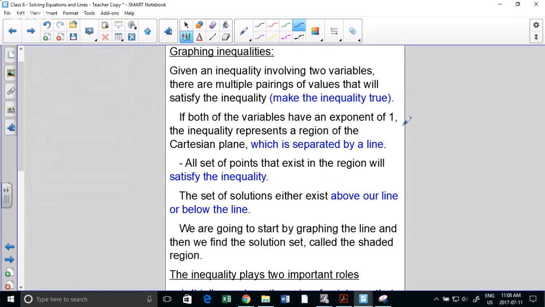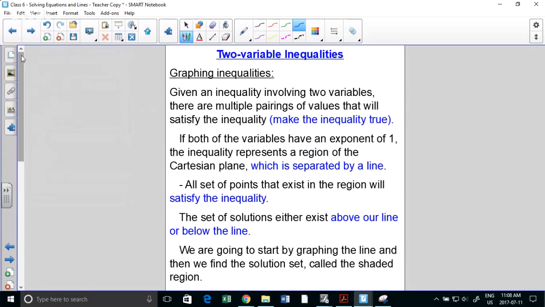In secondary 3, you talk about inequalities in one variable. You'd have something like 3x plus 5 is greater than or equal to 2x minus 7, and you have to solve for the inequality. But in Sec 4, it gets harder, as per normal. You're going to be graphing and working with inequalities in two variables. Something like this, I'll make it simple: x plus y is greater than or equal to 10.